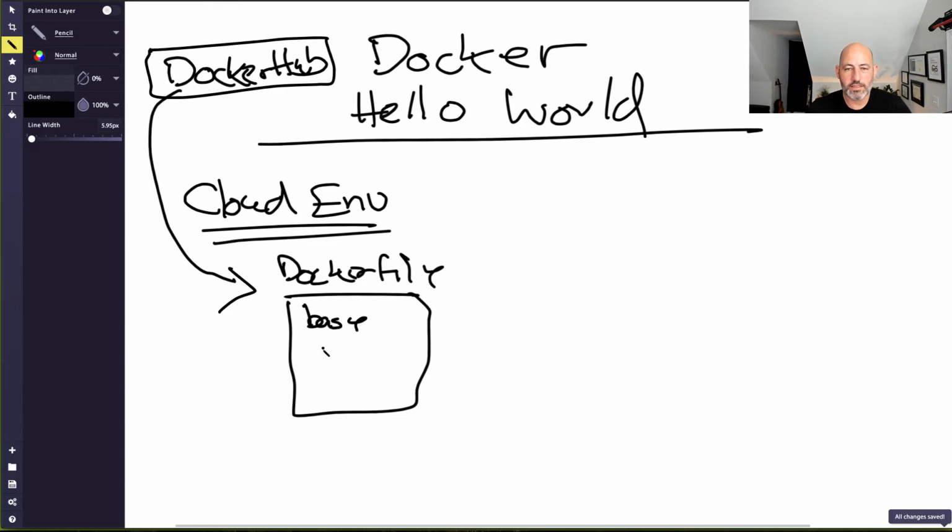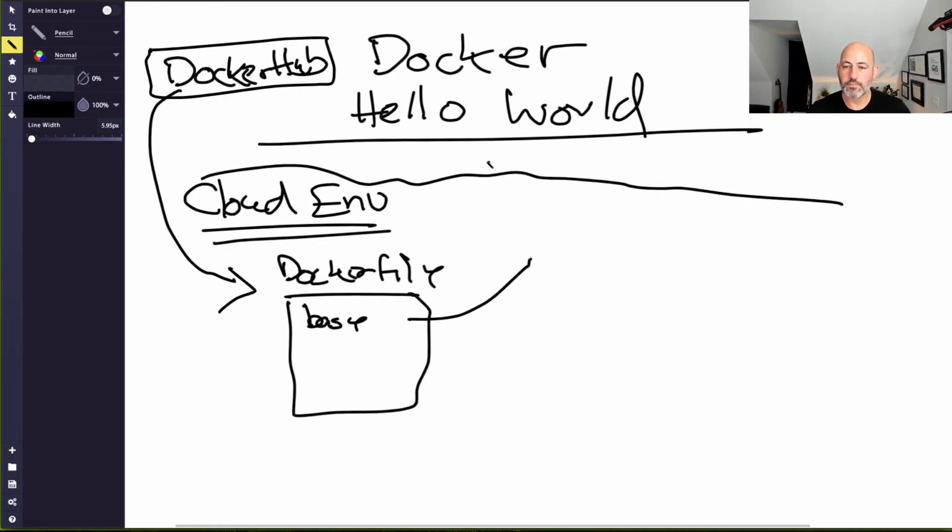Now that's somewhat useful to build this out, but unless you put it somewhere, it's not going to be that powerful. So what I'm going to do next is I'm going to stay in the AWS cloud here. This is AWS cloud. And I'm going to create a container registry. And what a container registry is, like a private version of Docker Hub. And this private version,